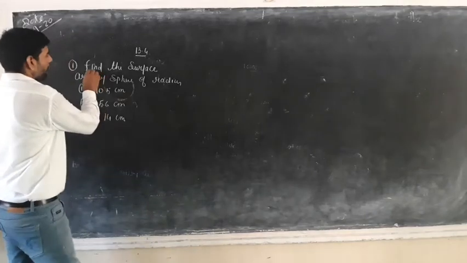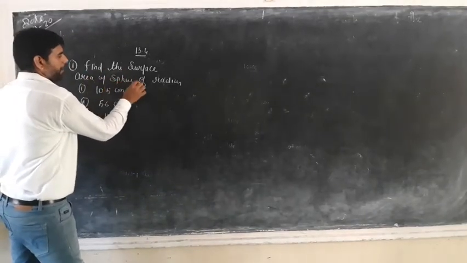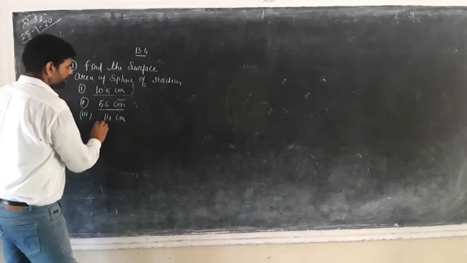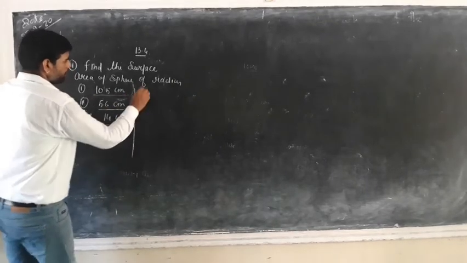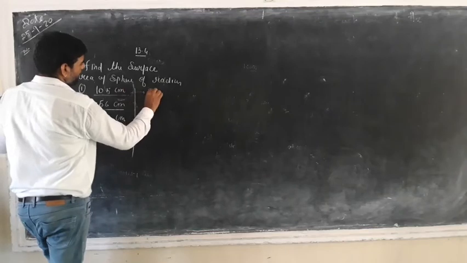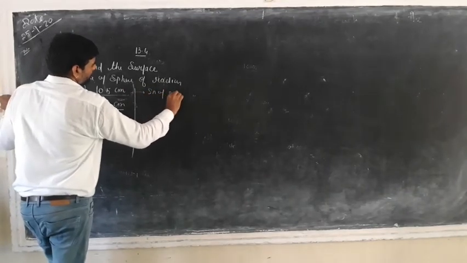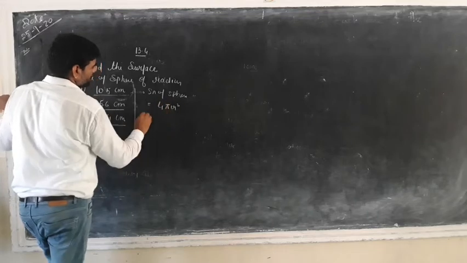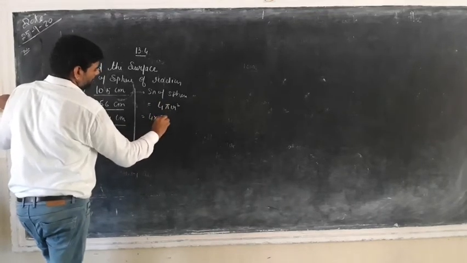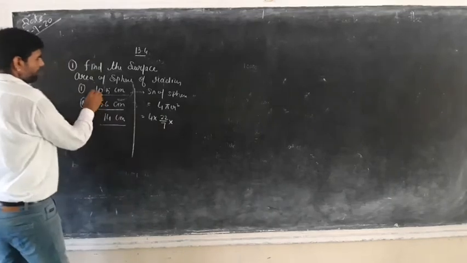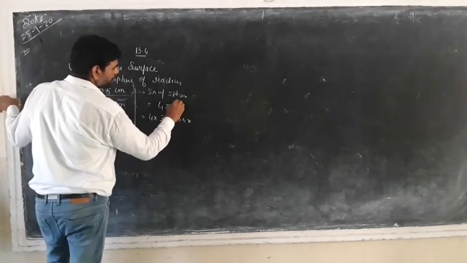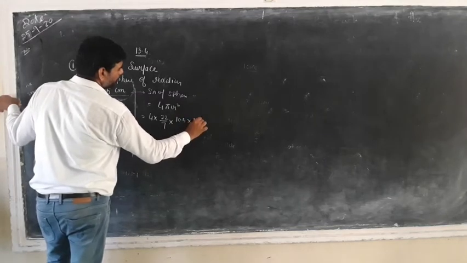Look, find the surface area of a sphere of radius 10.5 cm, 5.6 cm and 14 cm. So the surface area of a sphere is equal to 4πr², which is 4 into 22/7. In the given question the radius will be 10.5, radius squared, 10.5 into 10.5. Okay,